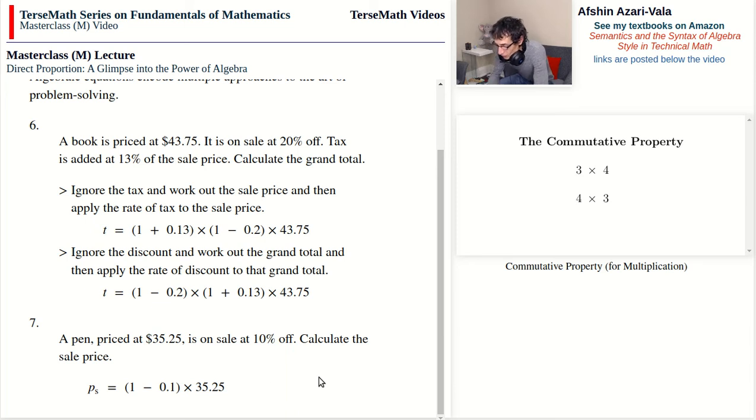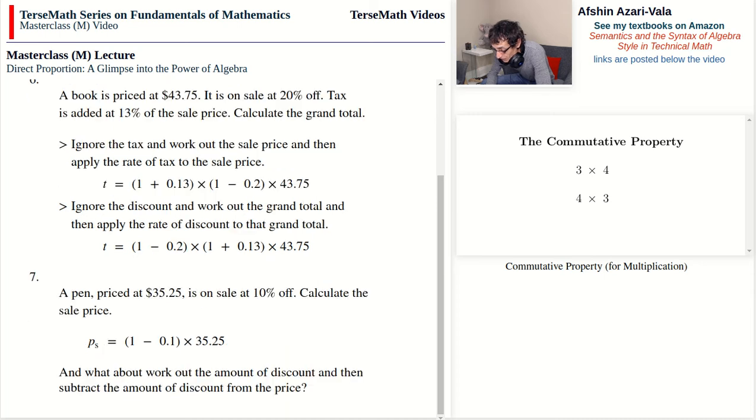Now, of course, this question always comes my way: what's wrong with saying that the sale price is price minus the amount of discount? What about working out the amount of discount and then subtracting it from the price? I have to admit that although, when we formulate our equations following the algebraic approach, most often the kinds of equations we prefer map onto the way we normally reason in everyday life problems,